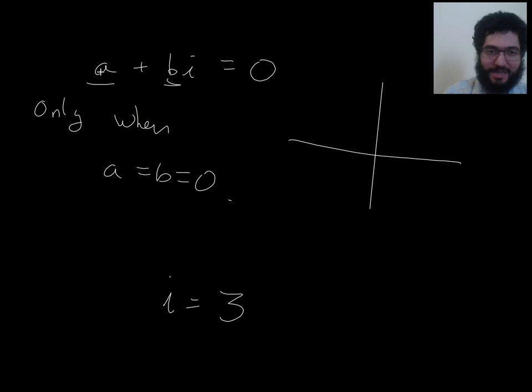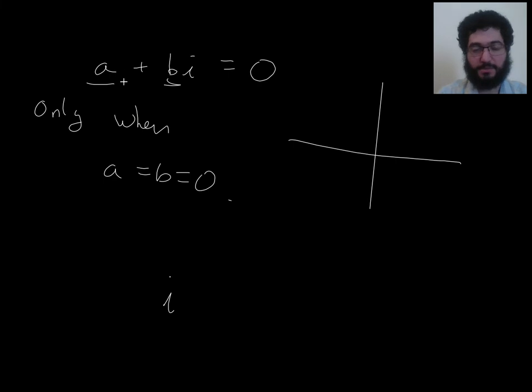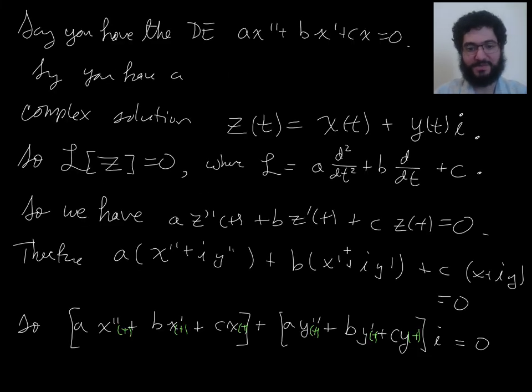You could have a be -3 and b be 1, and then you would have this be true without a and b being 0. But luckily i is not 3. i is a truly independent thing from any real number. So a complex number can only be 0 when its real and imaginary parts are 0. So this equals 0 here, therefore